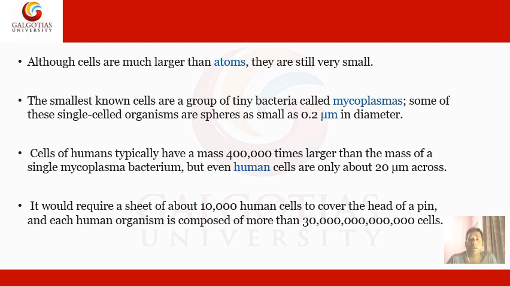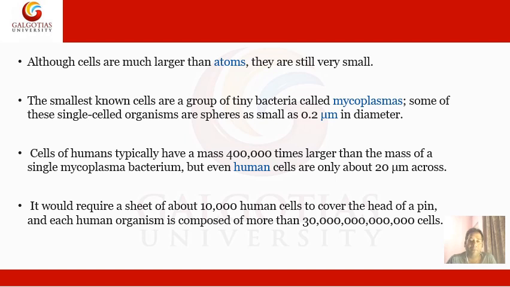Now all cells are much larger than the atom if we talk about the size of the cell, but still they are very small. For most cells we have to use the microscope to visualize them. The smallest known cells are a group of teeny bacteria called mycoplasma. Mycoplasma are also known as PPLO, pleuropneumonia-like organism, or they are also called the jokers of microbiology. So what is the roughly estimated size of mycoplasma? It's around 0.2 micrometer. But if we talk about the size of other bacteria, it is more than 0.4 micrometer